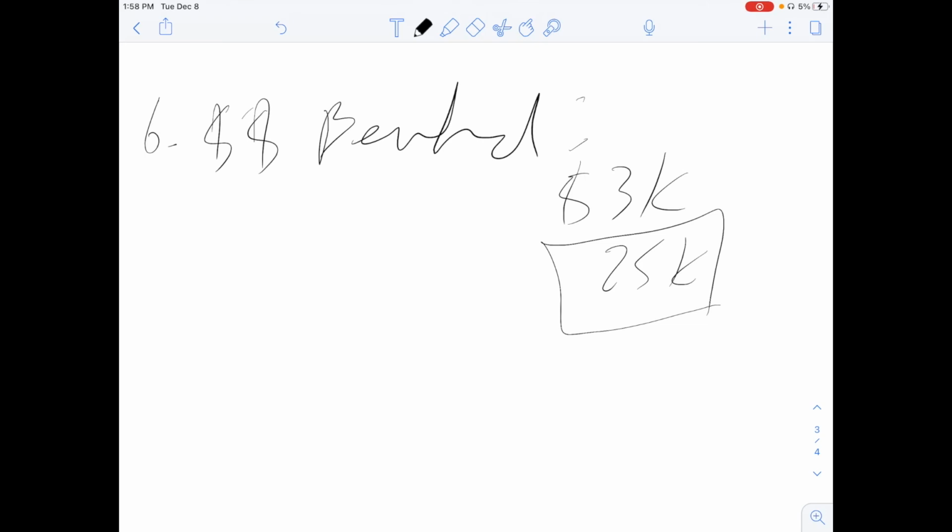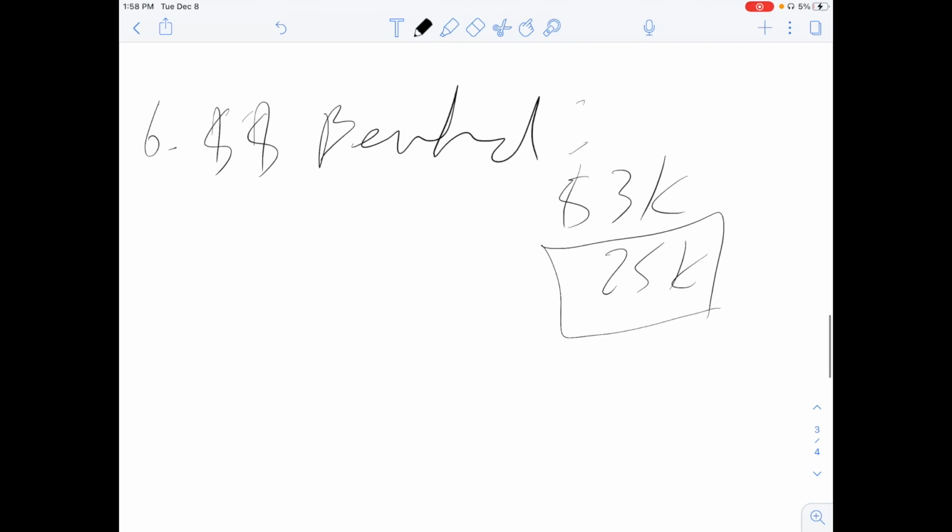There's the risk of what I call the due on sale clause, DOS. There is a risk. It has never happened to me, but it can happen. Do I want to put 25K down and buy a house that I know the bank may call the note on? I'm not in the best positioning, or would I prefer to get a house where I only have to put 3K down?